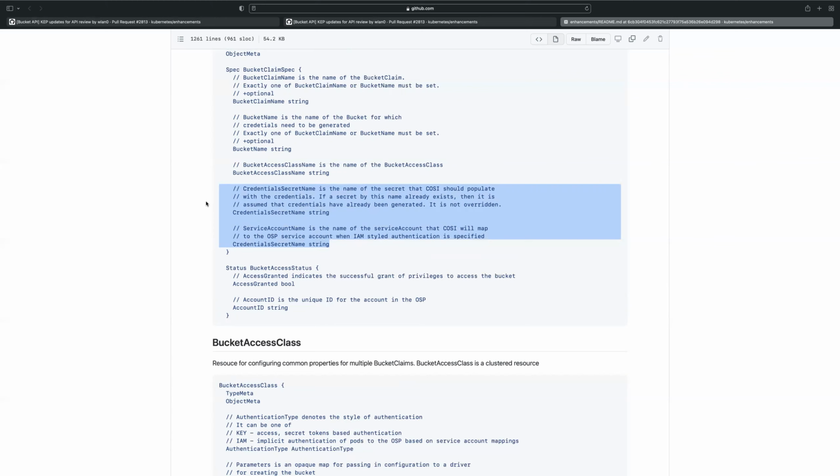Well, for the ones the user has to fill in, you always have to fill them in, right? The credential secret name, you always... Well, that or the service account name, one of them has to be specified. No, the credential secret name has to be specified no matter what, because it's the secret that we're going to plumb whatever the credential is into. Because there's got to be a secret inside the pod so that the object client knows what to do. Yeah, that's true. Go ahead, Jiffin.